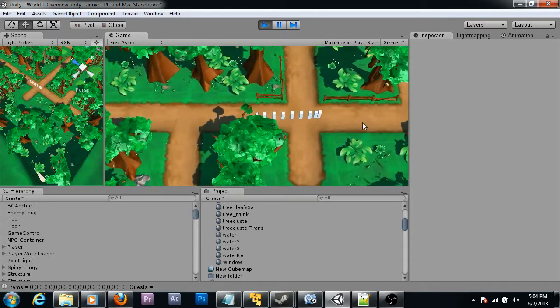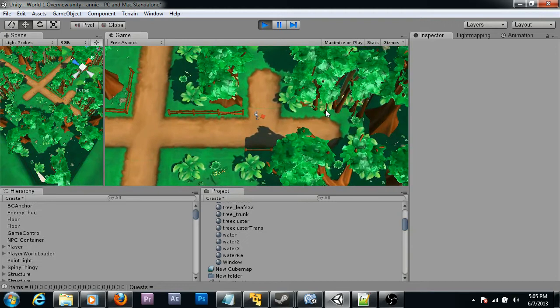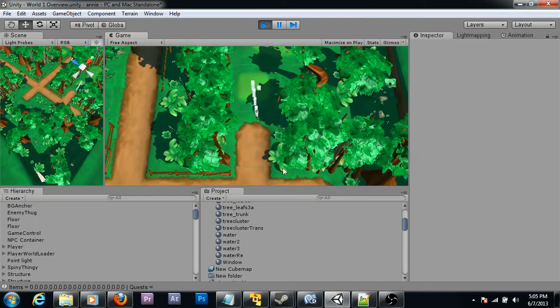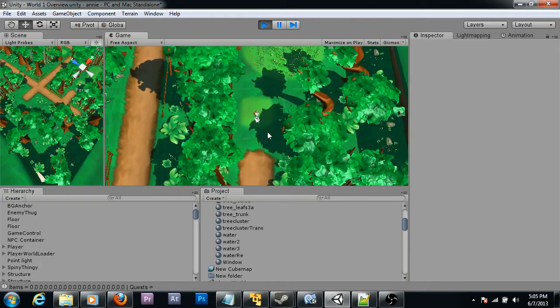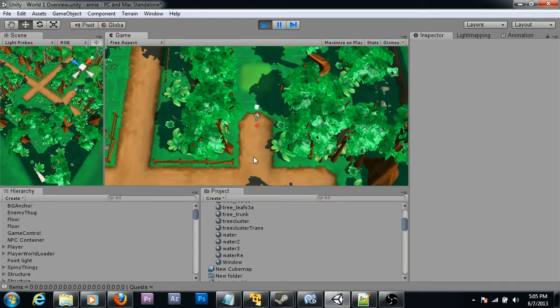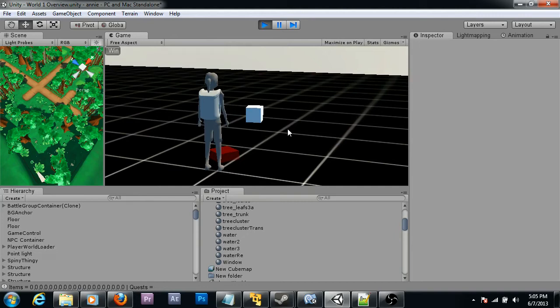And I have an enemy in here. The enemy is represented by a cube because their artwork isn't done. The way the enemies work is when they see you, they'll seek you out. And when they get into a certain proximity of you, they will spawn a battle instance, which is an arena turn-based battle system. So there, the enemy found me. Oh, it's making a liar out of me. There we go. I have to work with some distance stuff for the proximity. So anyway,